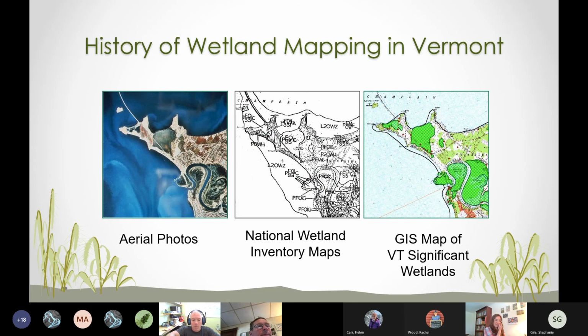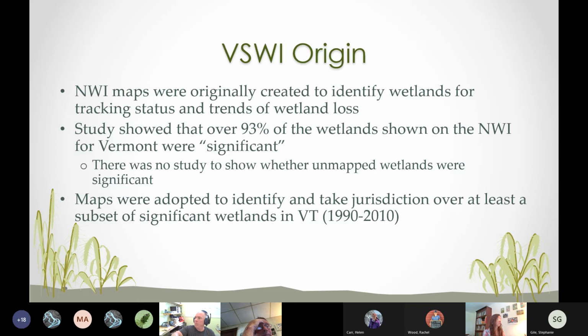So I'd be remiss to talk about mapping in Vermont as pertains to wetlands without talking a little bit about the history. And our regulations are closely tied to mapping. Our original mapping came from the National Wetland Inventory maps. Those were taken from aerial photos that were taken in the 1970s, either at a 1 to 40,000 or 1 to 80,000 scale. Somebody went through Mylar by Mylar and traced out where they could see wetlands on the aerial photos, and those were made into the NWI maps and eventually adopted into the Vermont Significant Wetland Inventory maps.